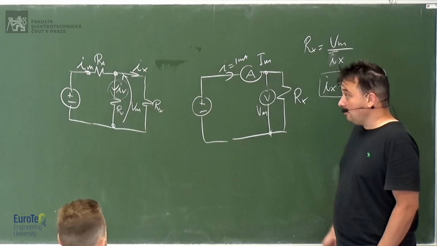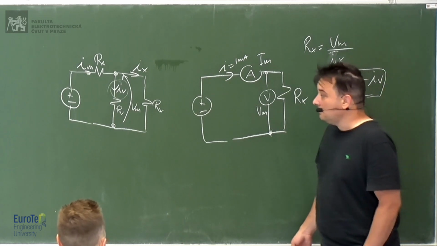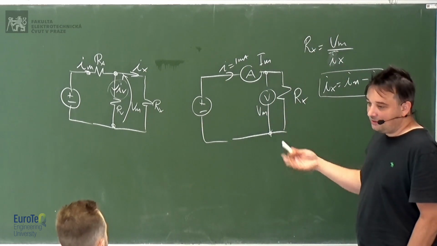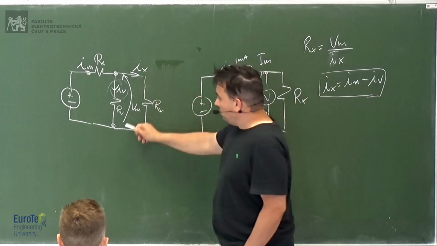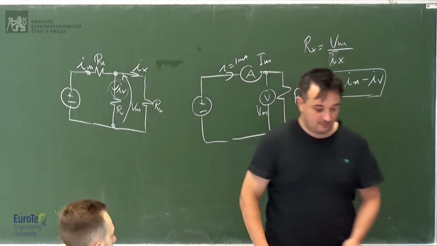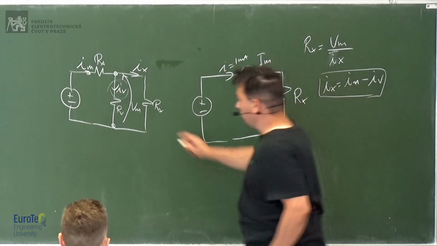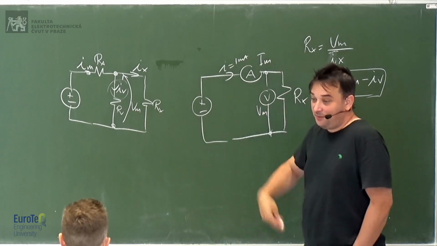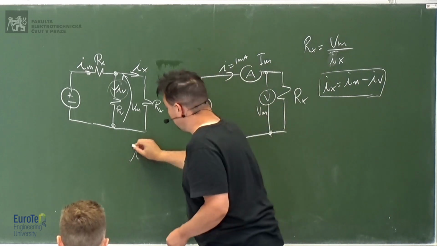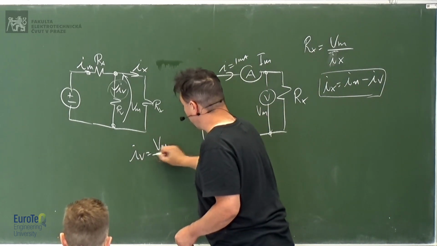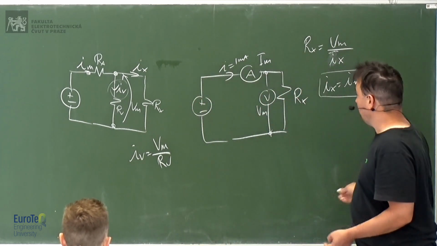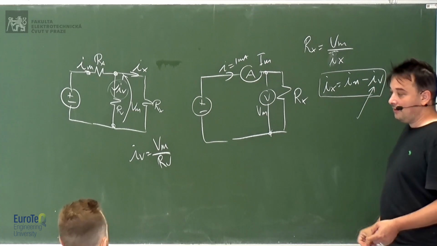If you don't know it, you can calculate it. But typically it's a parameter, you don't really need to calculate it. You have a parameter in the datasheet of the voltmeter. You know the voltage because you measure it. So the voltmeter is measuring the voltage on its own terminal. So you know that the current in the voltmeter will be the voltage read by the voltmeter divided by the resistance of the voltmeter. And then you can correct this value here.